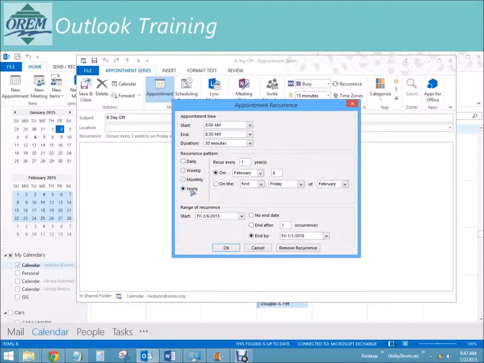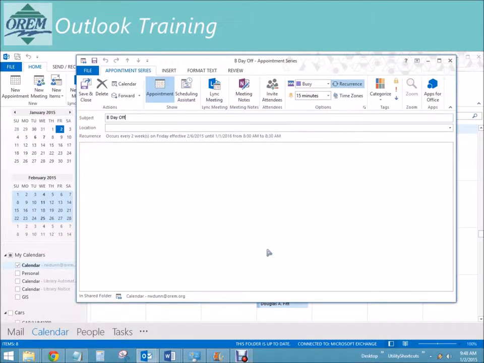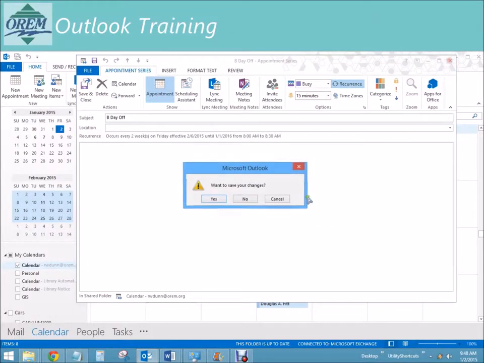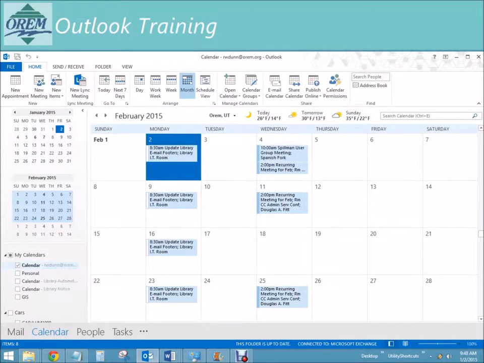And then yearly. This is helpful for holidays that we take off. But again, if the holiday falls on a Saturday, there's no way for you to move it in this dialogue to a Friday, or to move it from Sunday to Monday. So there's some limitations, but that's how recurrence works with Outlook. All right, close that, and then